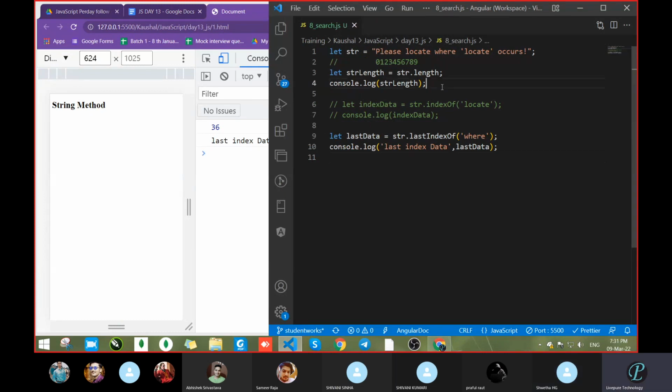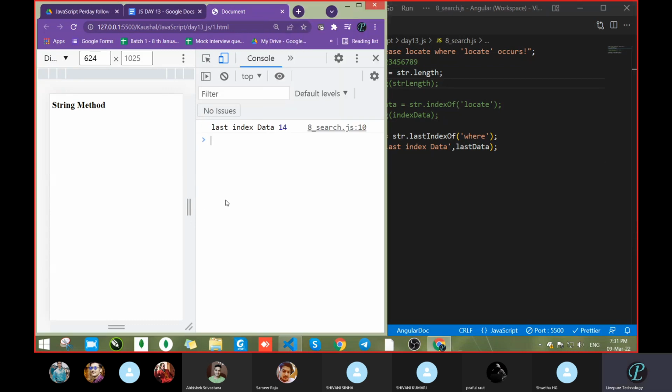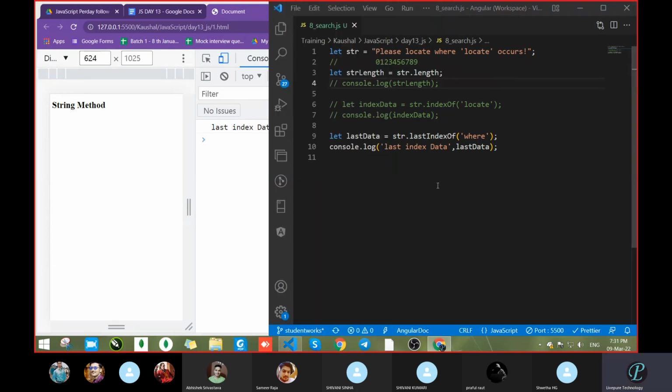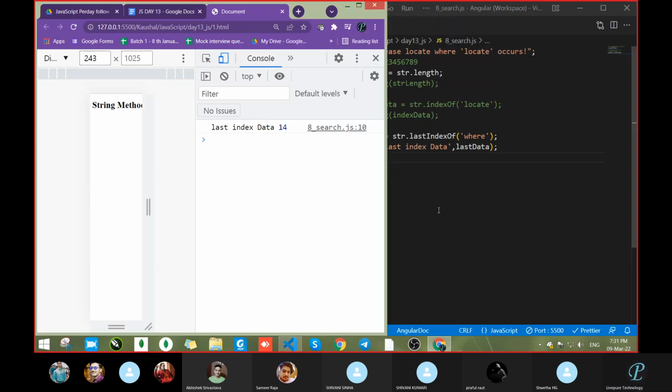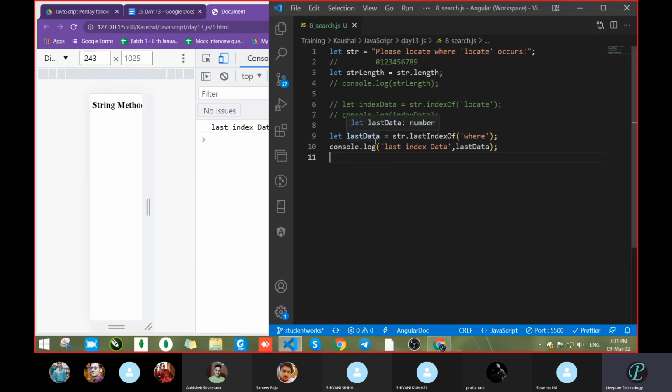Okay, comment this line also. It is giving 14. Okay, last index: str dot lastIndexOf where. So where is here, and it is giving 14.